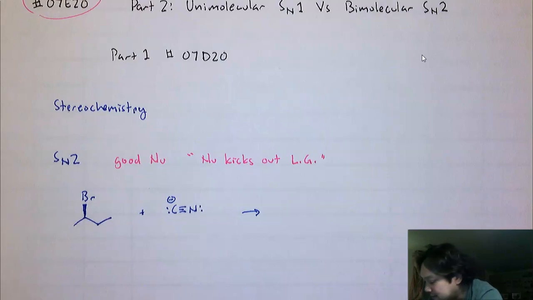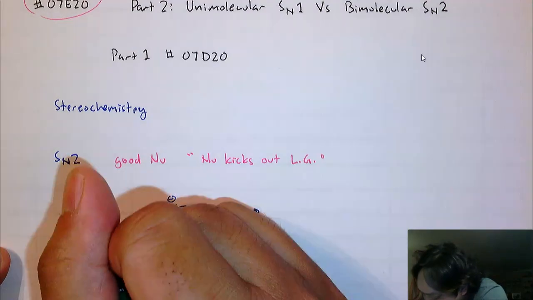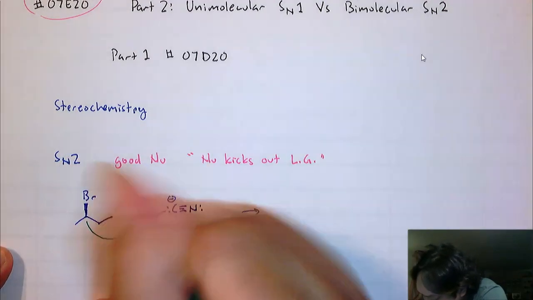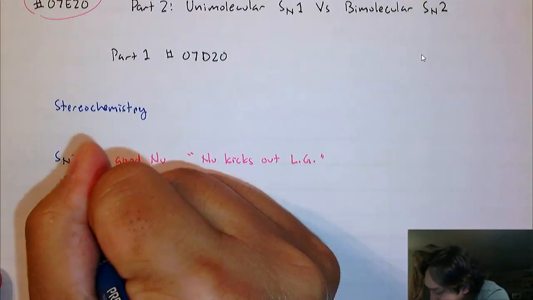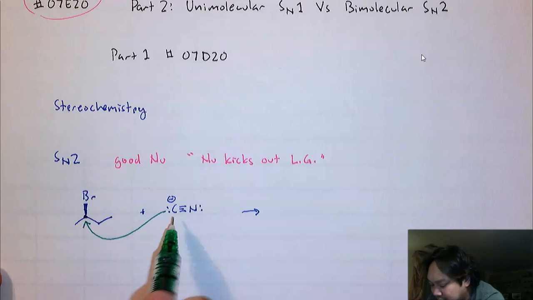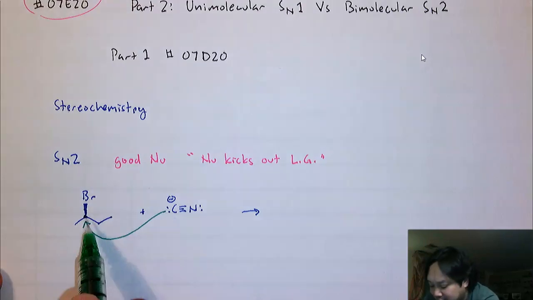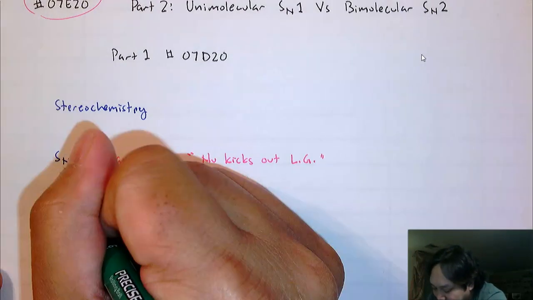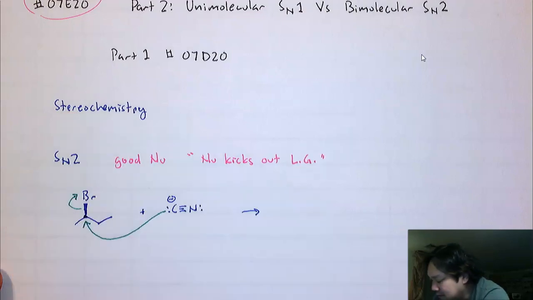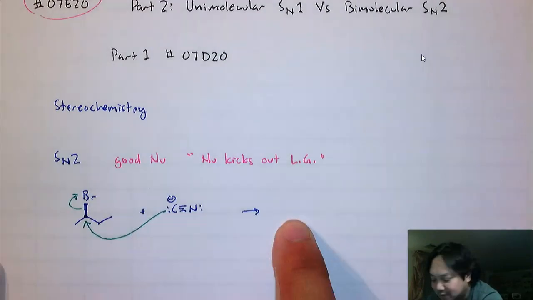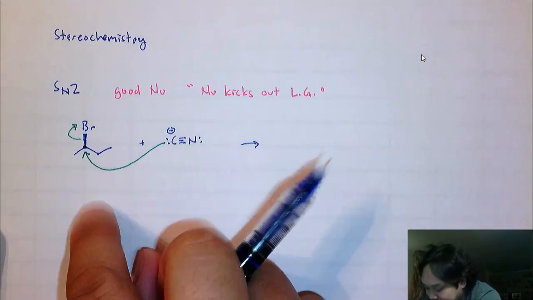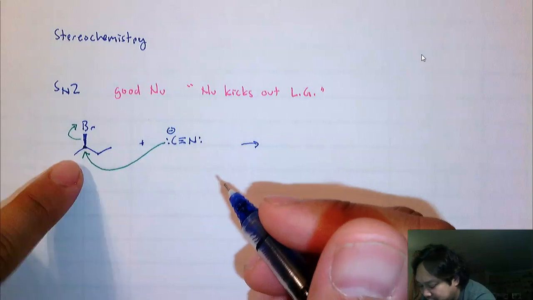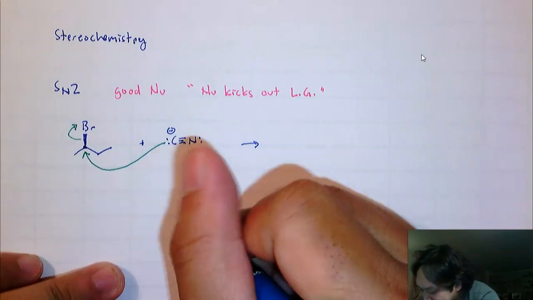But the mechanism is this. Remember, the mechanism is only one step, and you go from right to left, you hit this carbon. So the orange cat sits on the bed, and they kick out the gray cat. I'm not drawing the molecule just yet, because what I want to do is look at the stereochemistry. And how do I want to view this? If I view it like this,